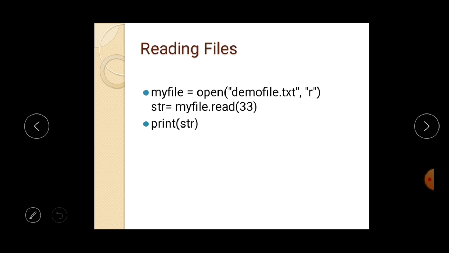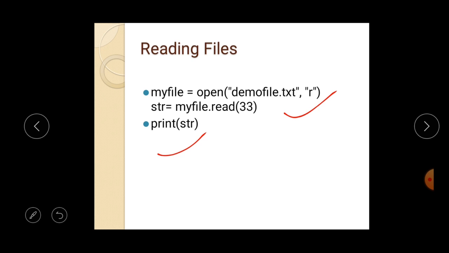So I think the first line and the third line are easily understandable to you all, and there is a problem in understanding the second line. So in the first line, myfile is working as the file handler. It will handle the address of the file which you will open in the program. So myfile is equal to open.